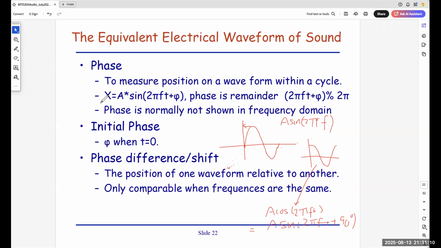X represents a signal. You can call it Y, call it Z, up to you. So for a signal, you can call it X, Y, Z, whatever name you want. You can also call it V, call it S, up to you. It's just a symbol to represent this waveform. X itself does not measure the waveform. X represents this waveform.